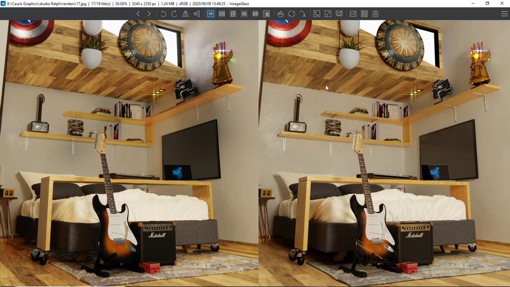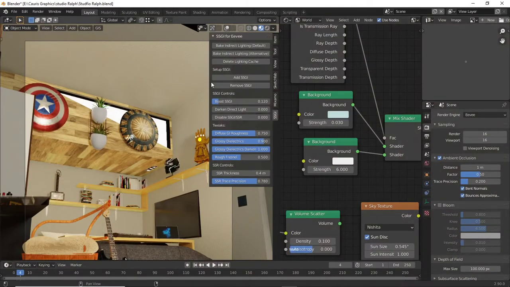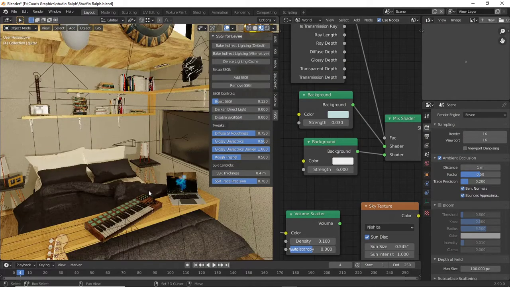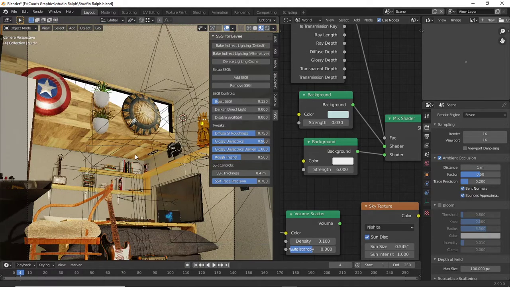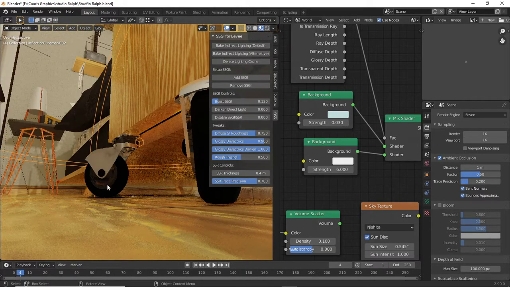So this is the answer, and now I'm going to explain some minor things. Many people made remarks about reflection, for example the reflection on those wheels.